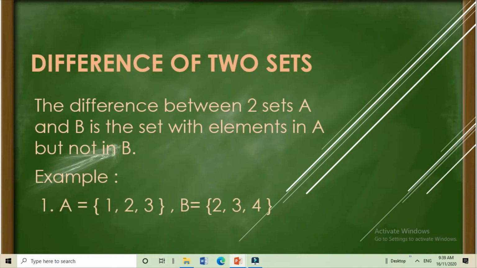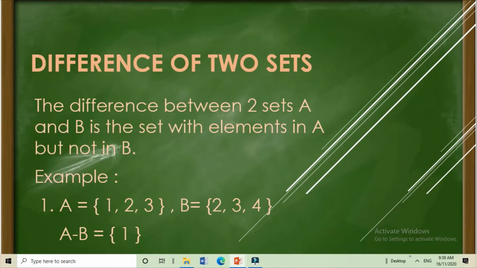If set A = {1, 2, 3} and set B = {2, 3, 4}. What is the difference between set A and set B?